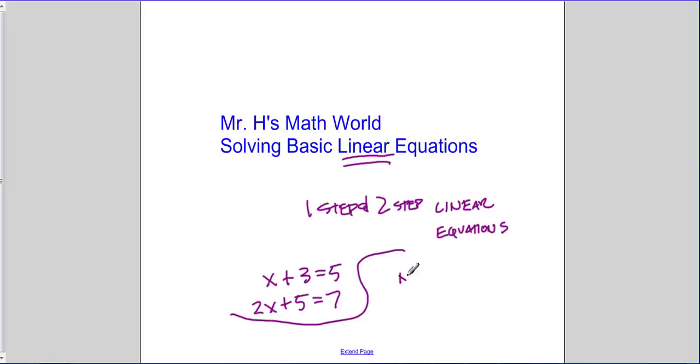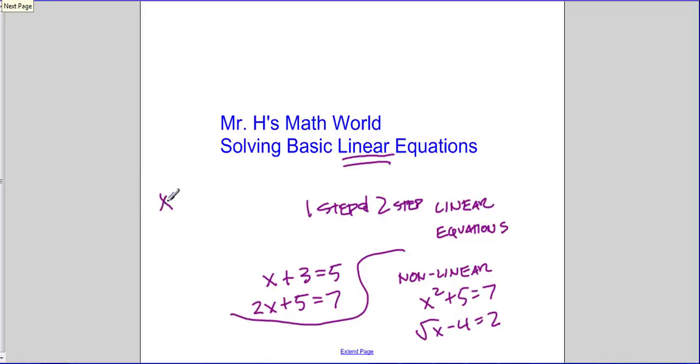A nonlinear equation would be something like x squared plus 5 equals 7. The square root of x minus 4 equals 2. So here x is to the second power, and here we're taking the square root of x. So these are non-linear. Linear equations turn out to graph in straight lines, but we're not talking about that in this video. So x, or whatever unknown we have, will be to the first power,